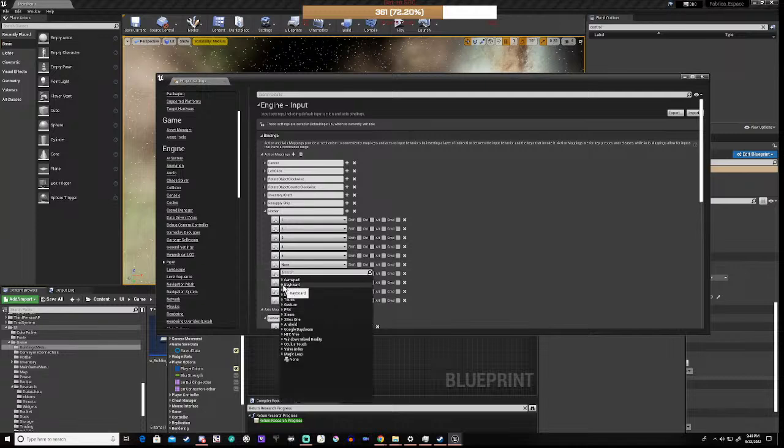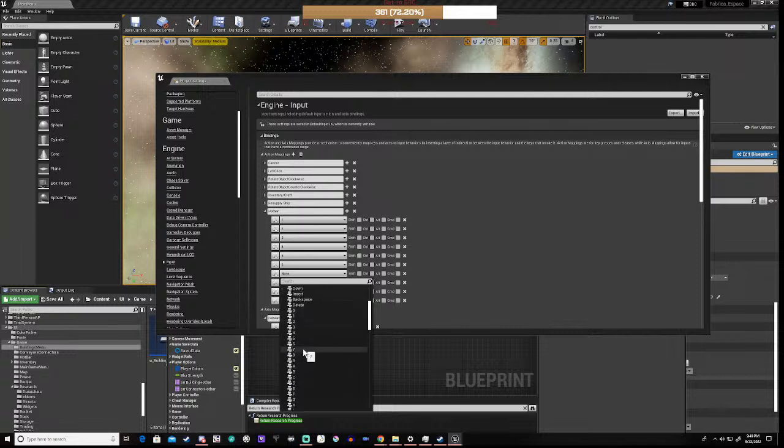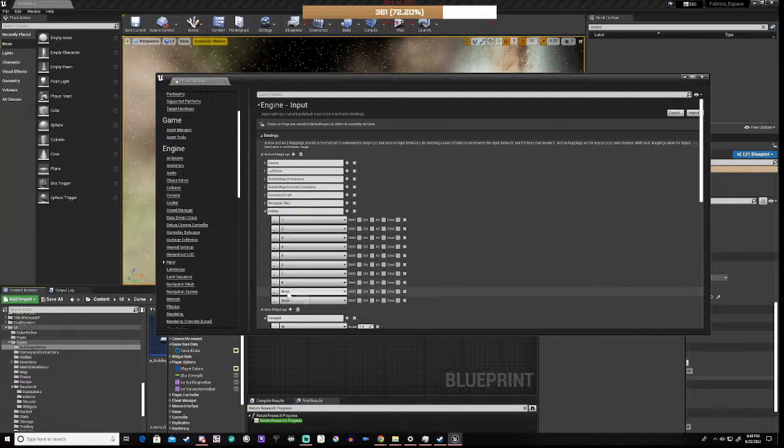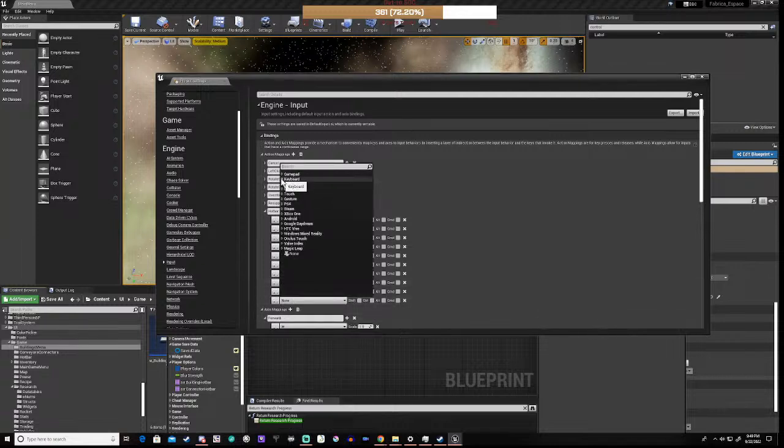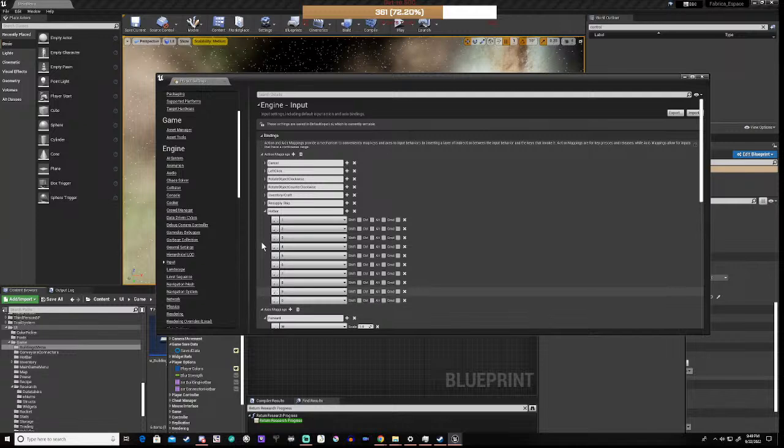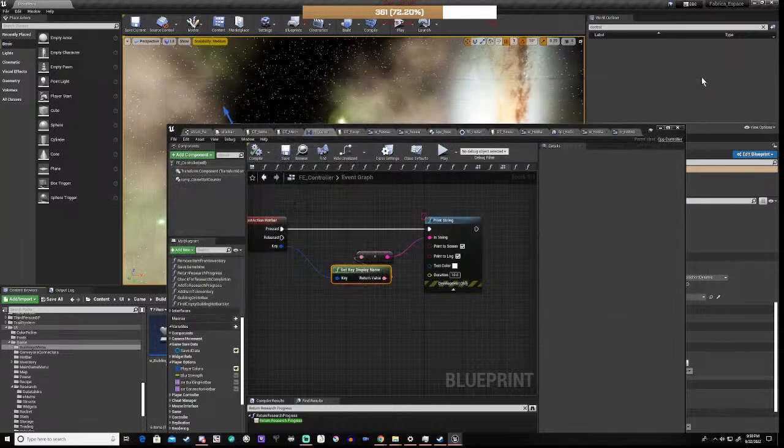Keyboard 6. Keyboard 7. I bet you can't guess what the next one is. Oh no, it's keyboard 8. Keyboard 9. And then finally keyboard 0. Right? And that's all great and good stuff. And now what we can do